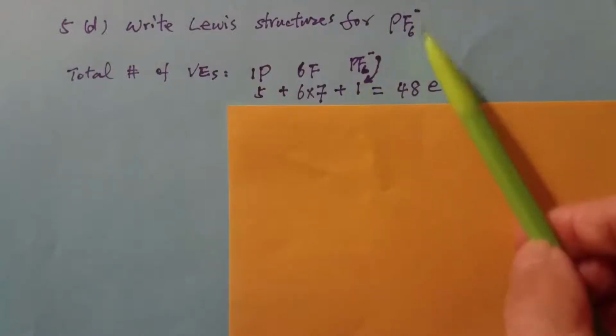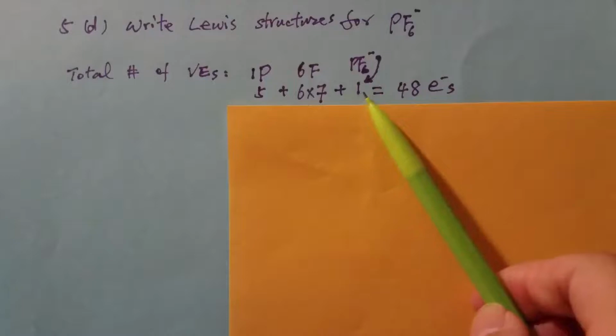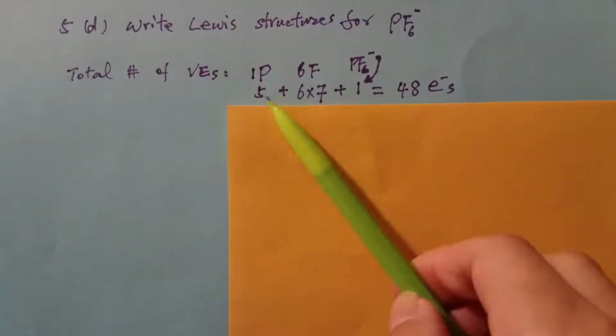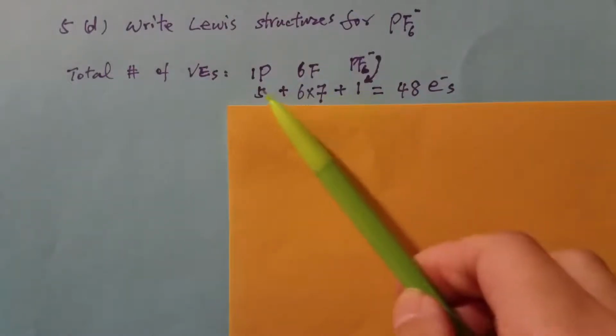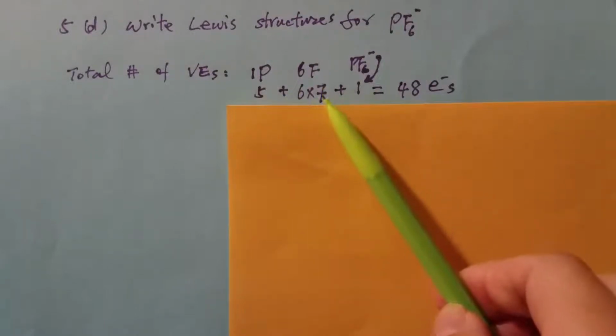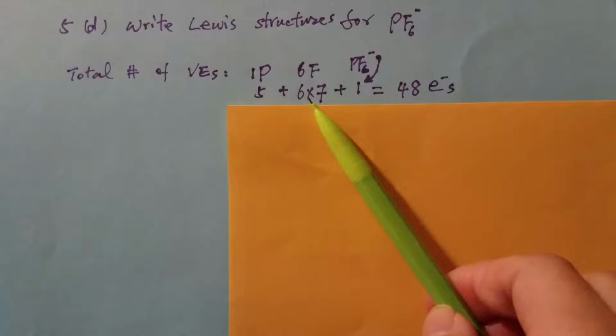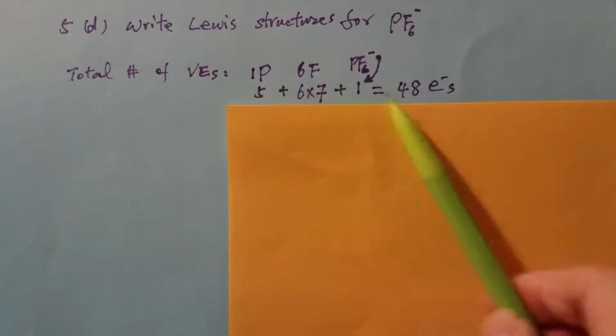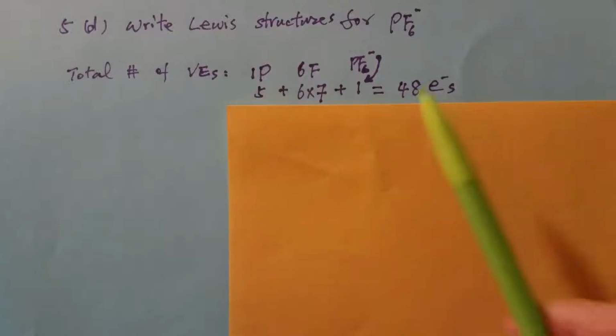Negative means gain 1 electron. So if you add all those together, that's 5 plus 1, that's 6, and here you already have 7 times 6, so then you have 8 times 6, that's 48 electrons. So that should be 48 total